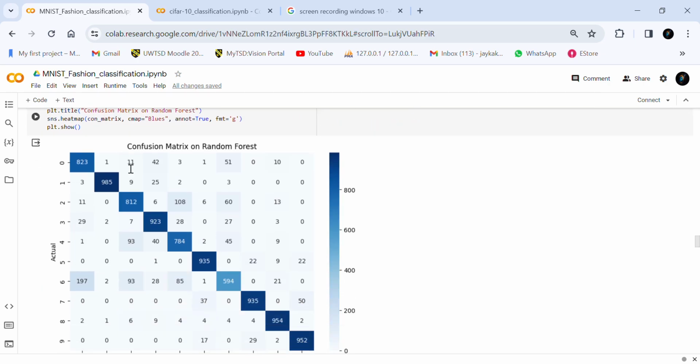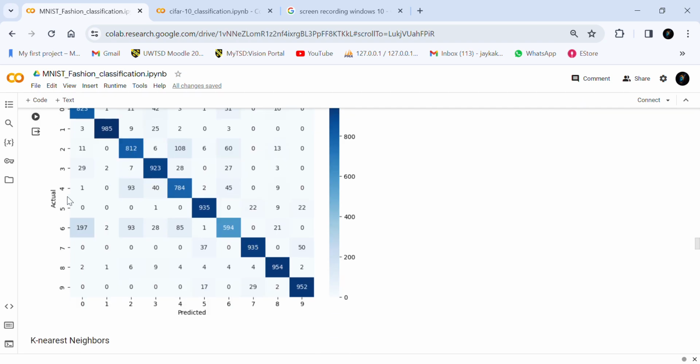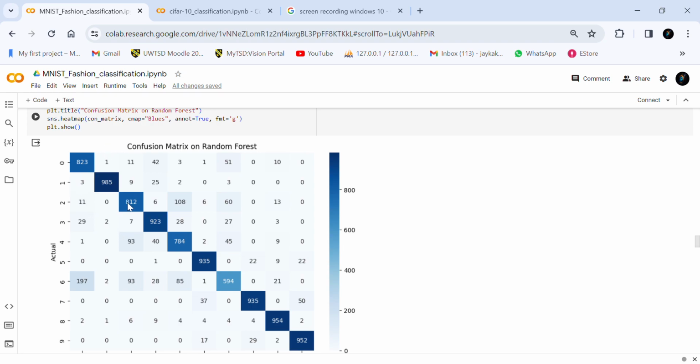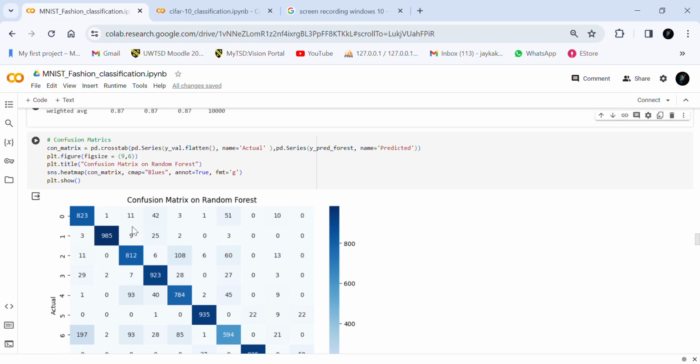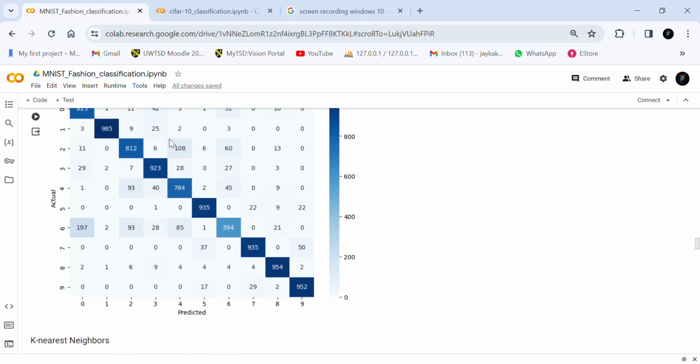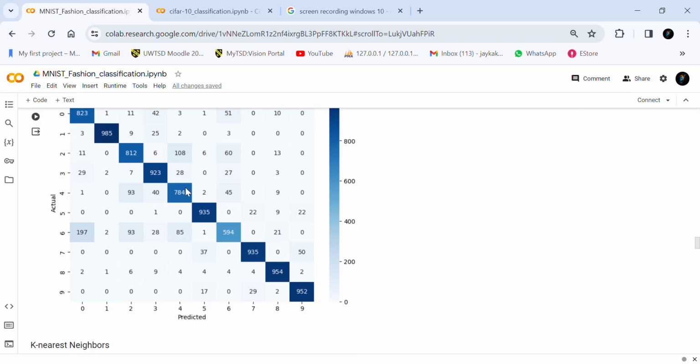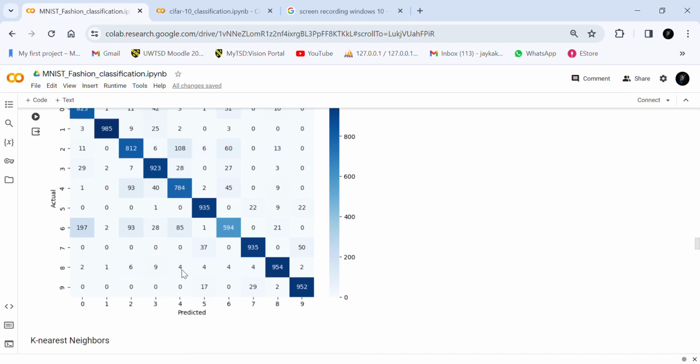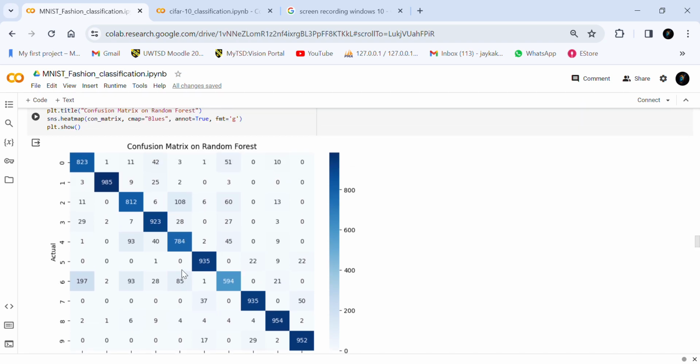And we can see the actual values and predicted values of the random forest classifier, and it is wrong here. It should be class 2, but it predicted class 4. So we can see the actual and predicted values,